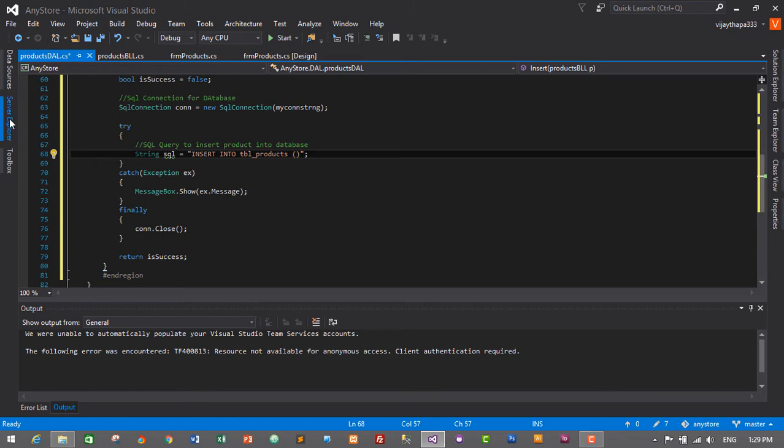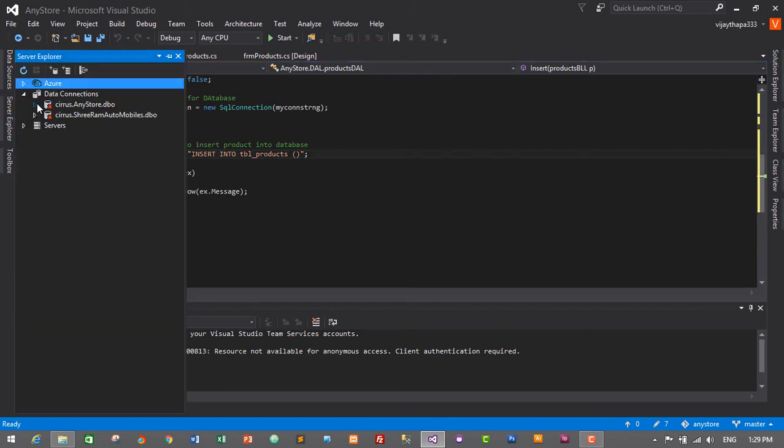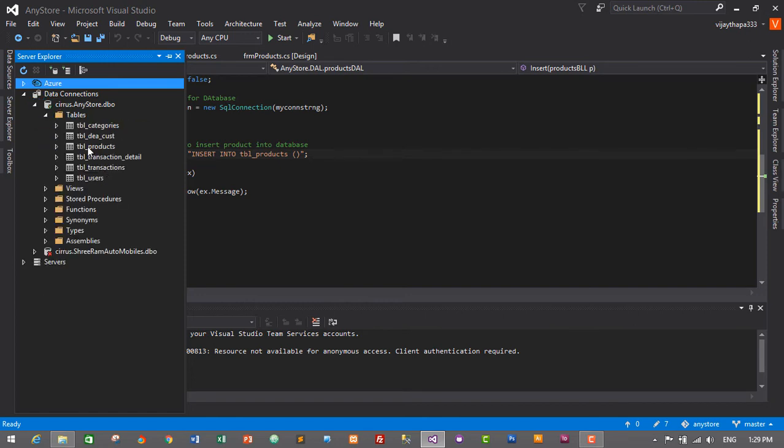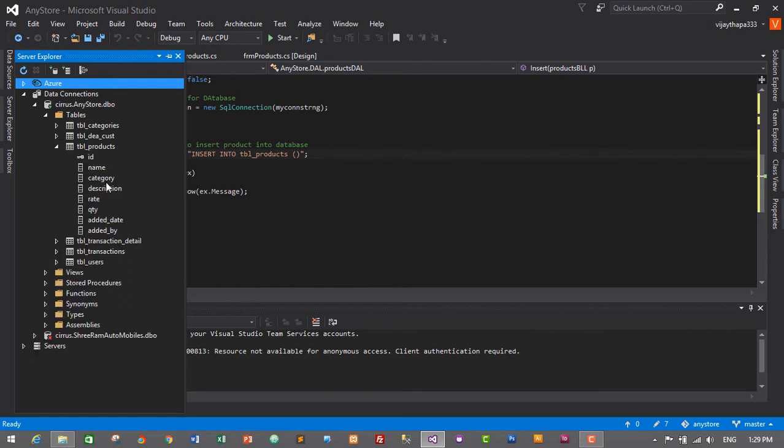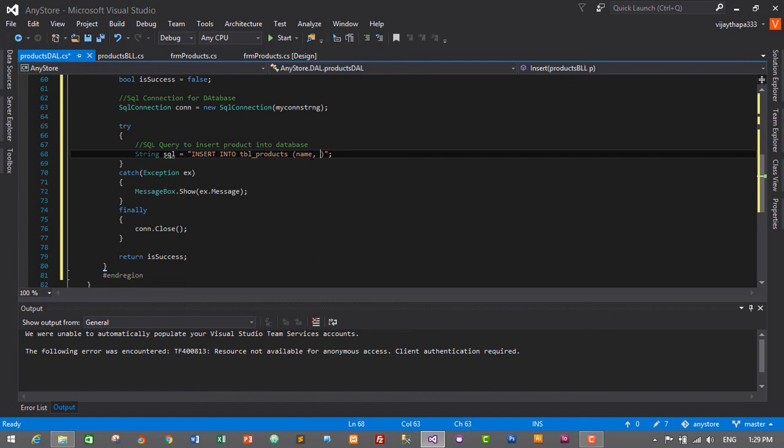Let's check out in Server Explorer and expand the database and expand tables. So we have table products here: ID, name, category, description, rate, quantity, added date, and added by. We don't need to pass ID since it is auto generated. So we'll start with name, category,